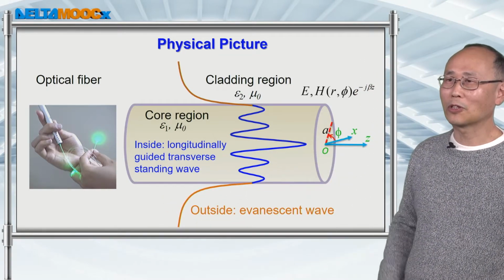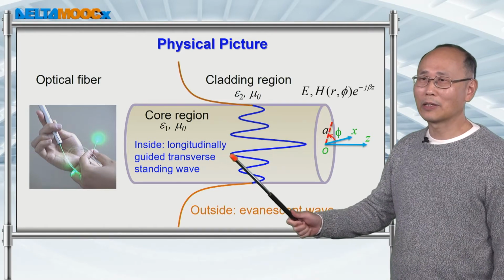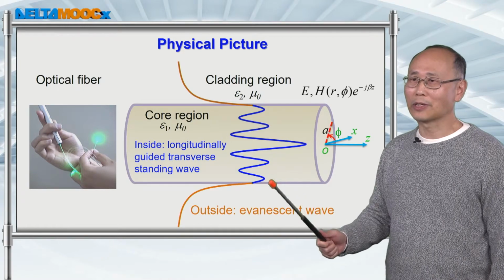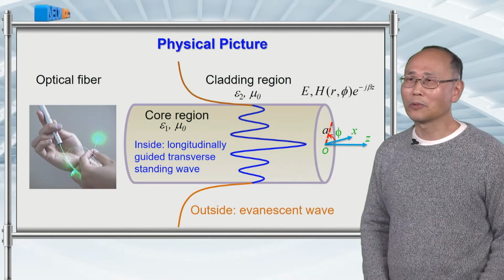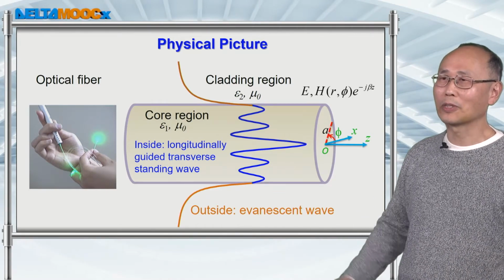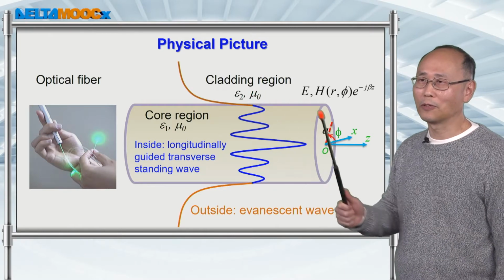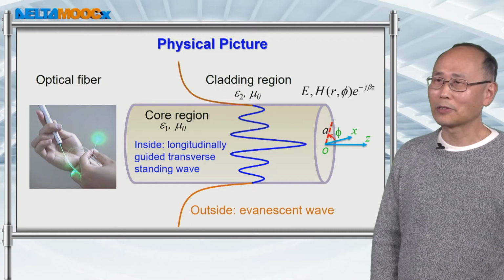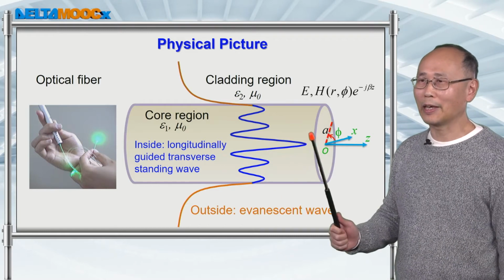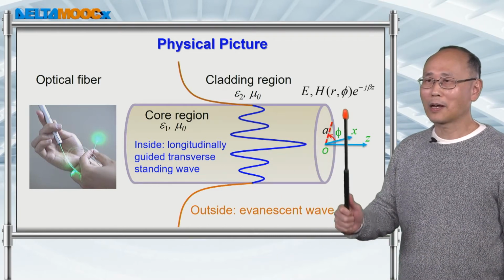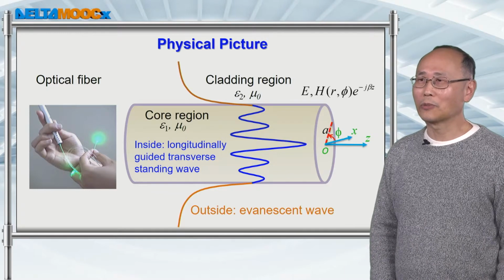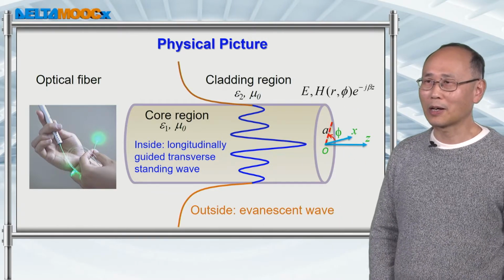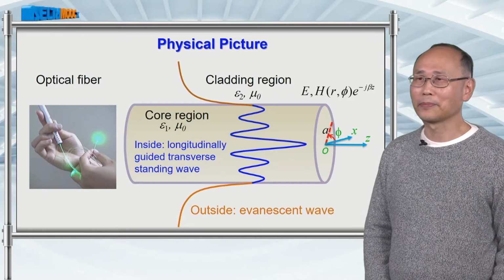So we have the cylindrical waveguide in region 1. We call this the core region. Outside this core, we're going to have a cladding region with a refractive index of n2. And the radius of this cylindrical wire is a. To simplify this discussion, we're going to remove the phi dependence of the field inside this waveguide.